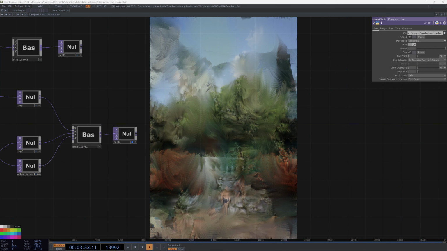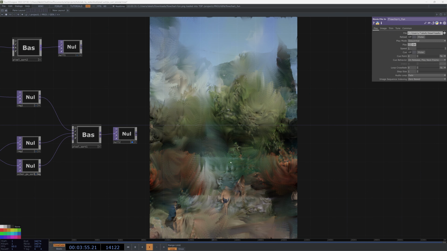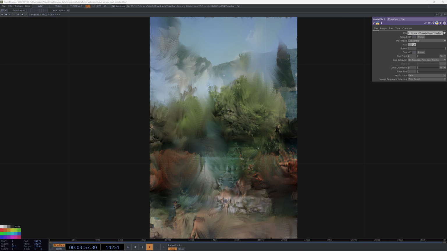Alright guys, welcome back. So today we're going to be doing an extension of our pixel sorting tutorial from last week. Focus here is going to be adding anisotropic detail, which really just means adding some variation across the image to add more interest. So if we take a look at what we'll be building today,